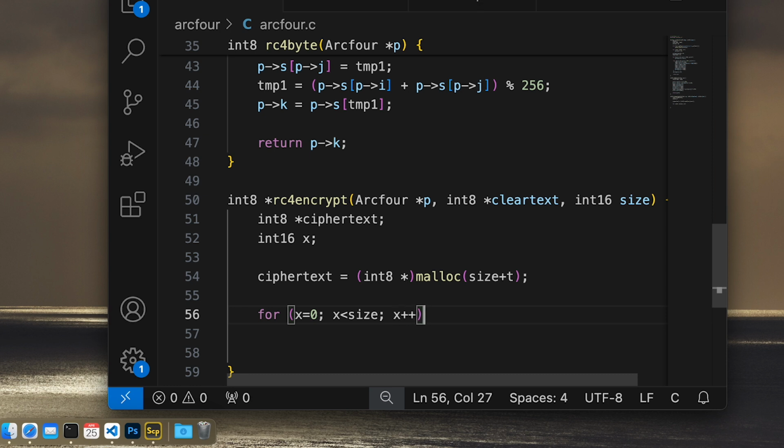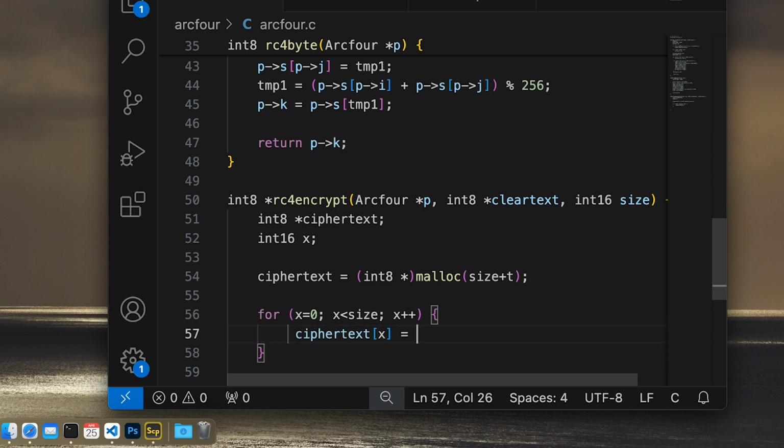And what are we gonna do at each iteration? Let's create a, let me see, we need this and that. Okay, let's do it like this. So the ciphertext of x